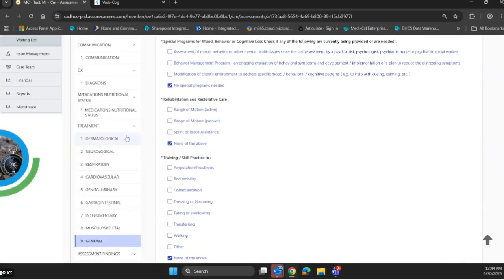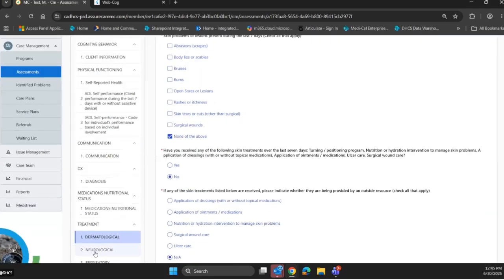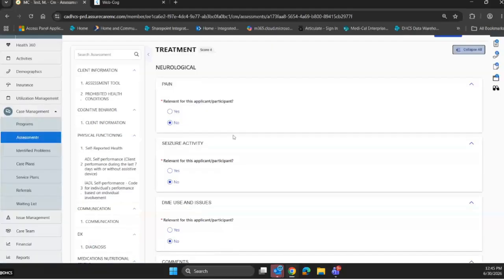But everything in between, all the different body domains here, were basically taken from the HCBA clinical assessment, which is why it's more intensive